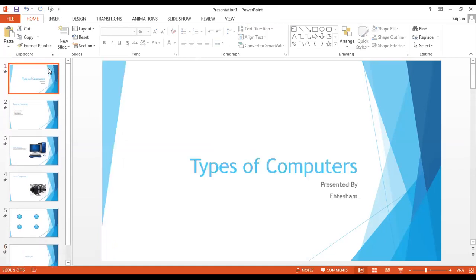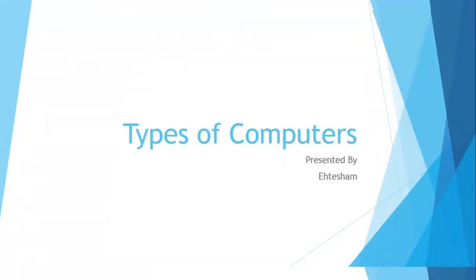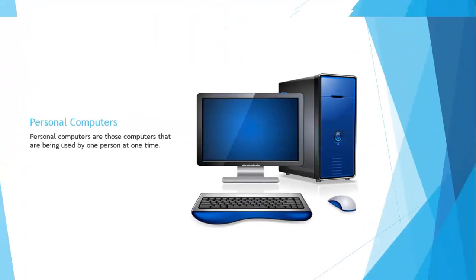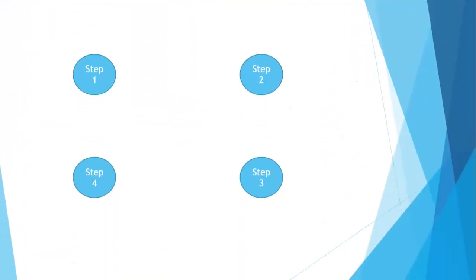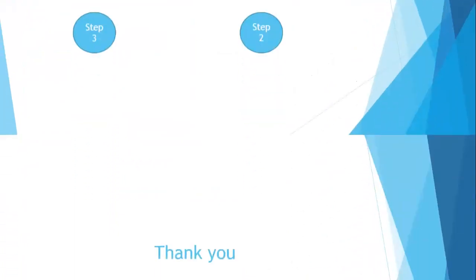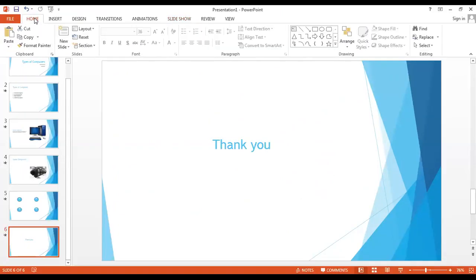So if you want to just check your presentation, you'll go to the first slide, or you could go to the tab of slideshow where you can select the option of from beginning, and from here you can see the transitions that you've added in your content, and here you can see the animation moving as well as you have added, and moving to the last slide. So this is the brief lecture of Microsoft PowerPoint.